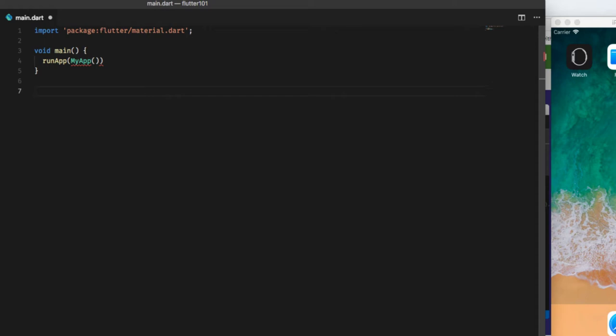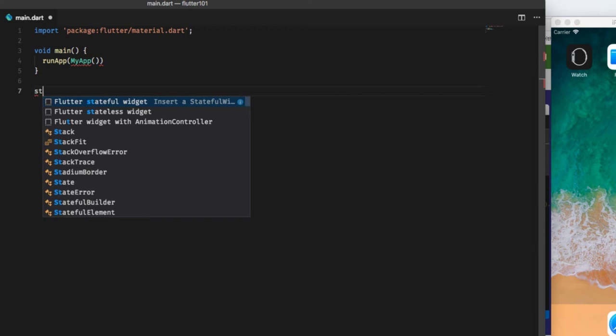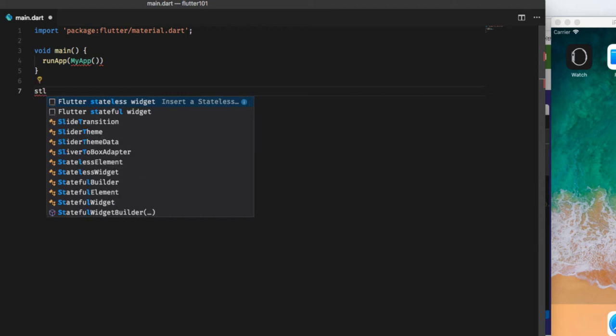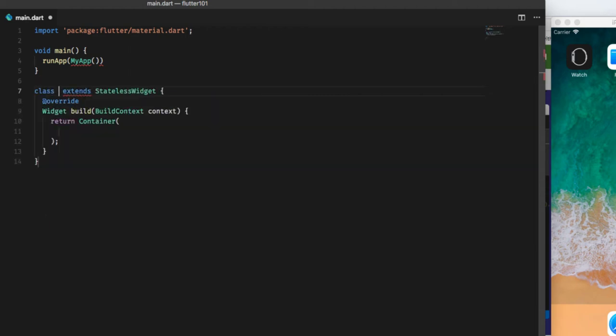To create a stateless class, just type stl, and this will give us Flutter stateless widget. If we press enter, I will give the name of my app, which we have created. At this point, you may see an error here due to the fact that currently I am using the